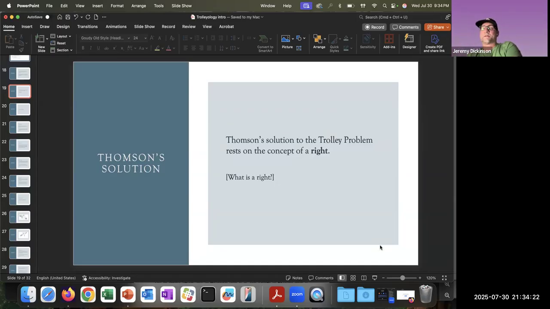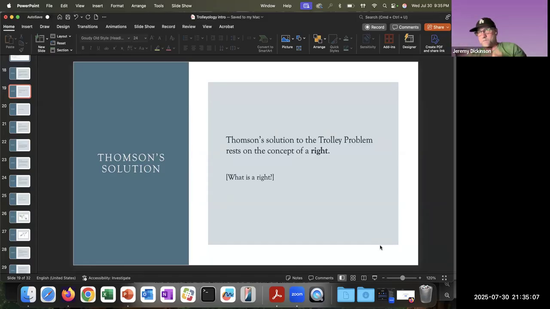More would have to be provided in order to justify violating someone's right to life or the right not to be killed. I'm supposing here that the right to life entails having the right not to be killed. Okay. So that's the way of thinking about rights. And so Thomson is putting herself in the anti-utilitarian rights-based tradition here, and she's claiming that the solution to the trolley problem is going to involve thinking explicitly about this concept of a right.